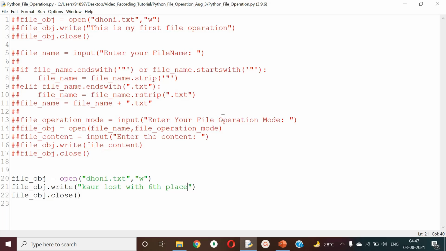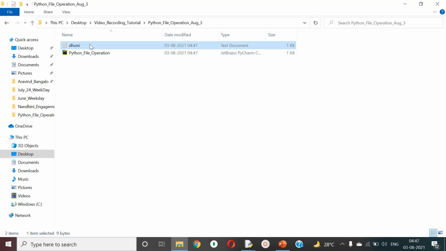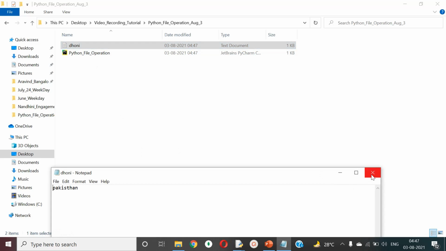But as a technical person, you should be in a position to tell them why the data is getting overridden. Okay, look at this. I'm trying to run new data like Pakistan, and I ran this. Output is empty. What I have to do? I have to go and see this content. Now it is Pakistan. Now I'm writing something. I did some content. Look at the cursor. My cursor is blinking at the last, that means at the letter A.